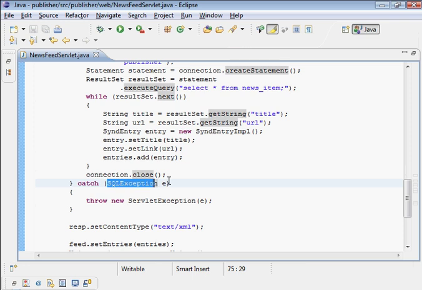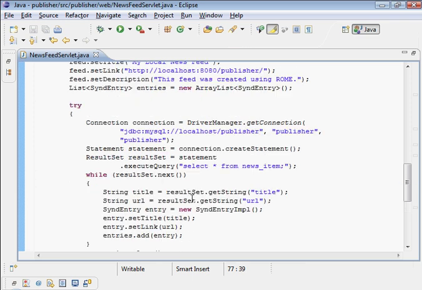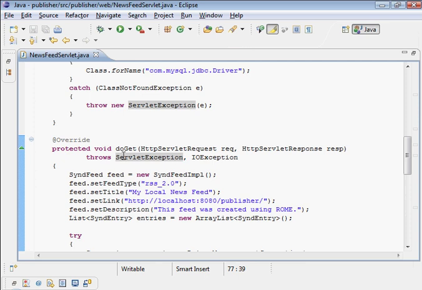What we do is that exception here, e, we pass it into a ServletException and throw that out. It's because we can't throw an SQLException directly from doGet, because we would need to modify the function's signature,